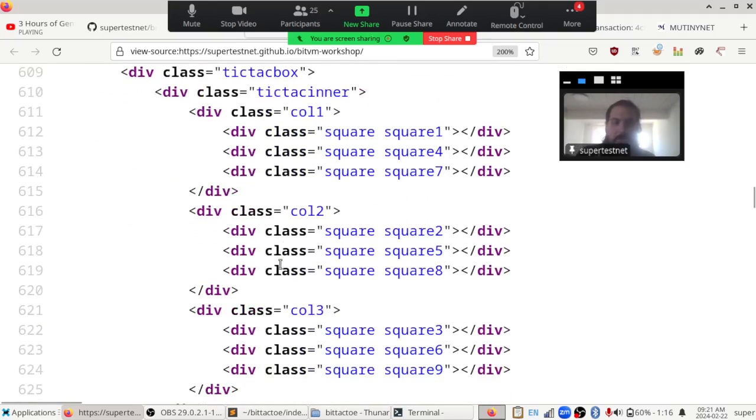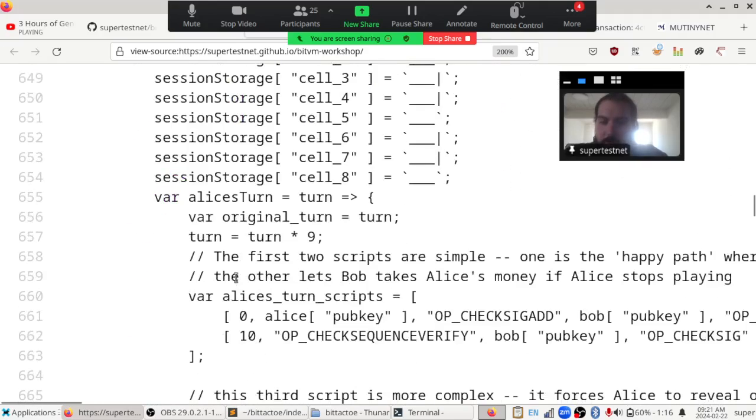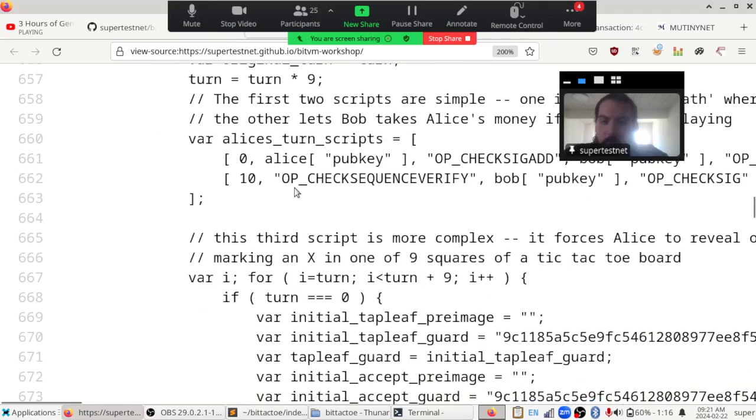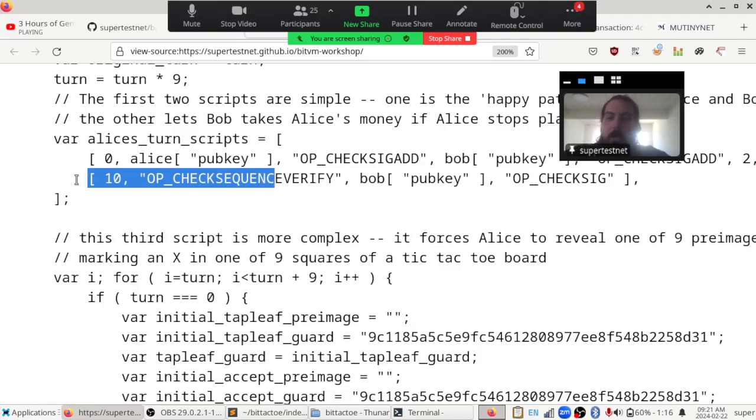The other two are abandoning the game and saying you won without being able to prove it. For abandoning the game, that one's pretty easy to deal with. I do that right here. I have a script that says if 10 blocks go by and Alice doesn't make a move, if Alice doesn't move the money to the next address,